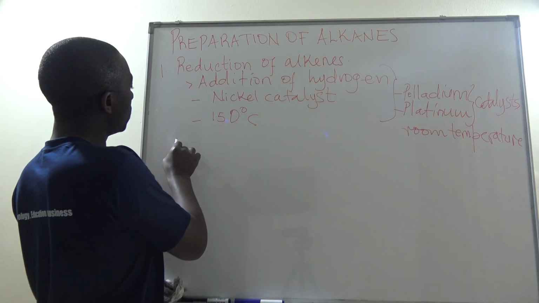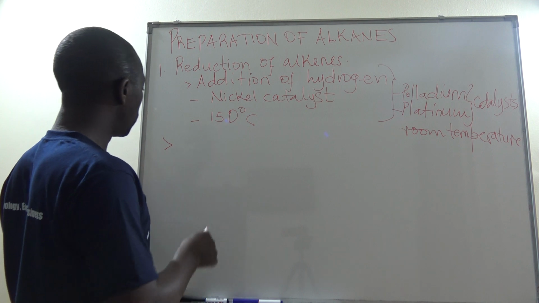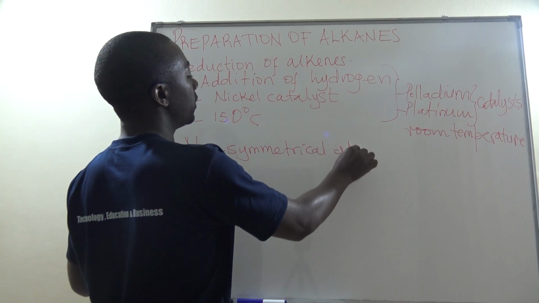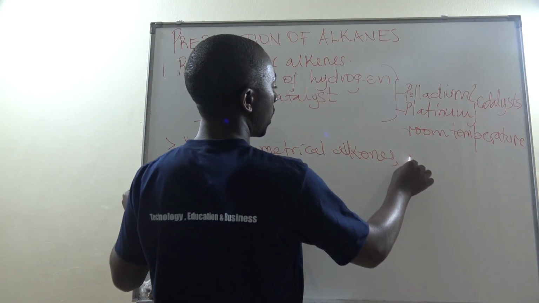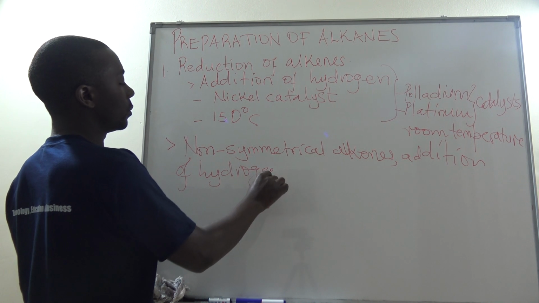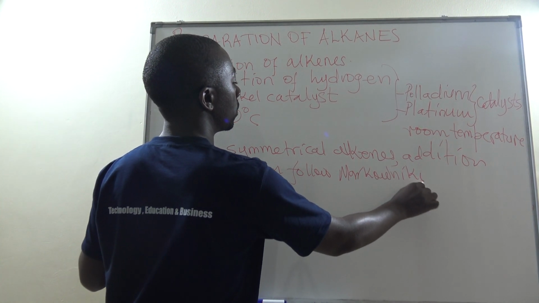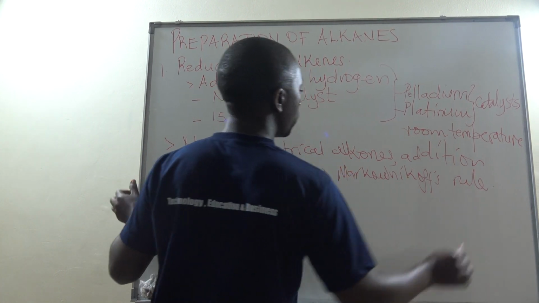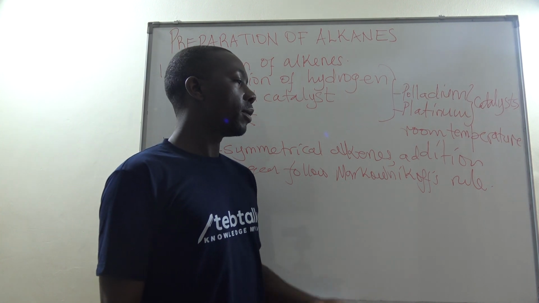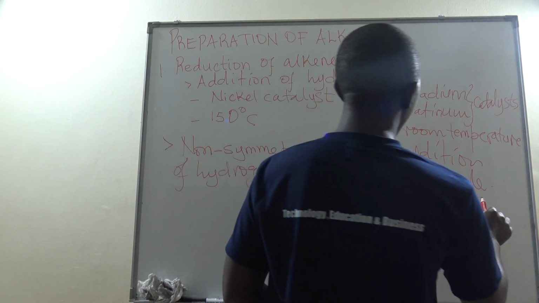Now, during reduction of alkenes, we need to note that for non-symmetrical alkenes, addition of hydrogen follows Markovnikov's rule. Now, this Markovnikov's rule simply helps us to obtain, during the mechanism, a more stable carbocation. We talked about stability of carbocations, and this rule is really helping us to obtain very stable carbocations during